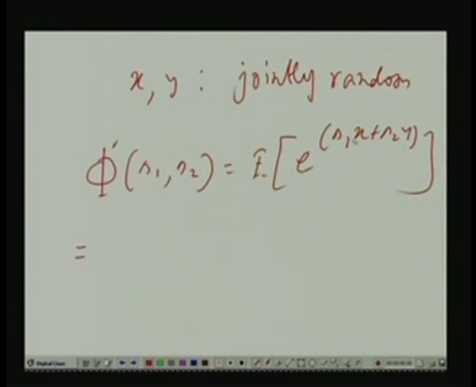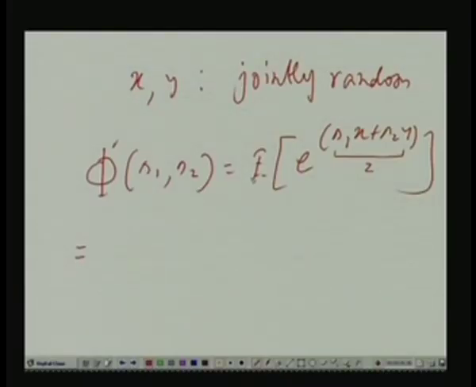This is an exponential. So, S1x plus S2y, you can even call it z. So, e to the power z, you expand e to the power z into a power series. We all know what that power series is. There will be a summation of terms, an infinite summation actually, and the expectation is a linear operator. You can apply expectation on each of the terms in the summation separately. If you do that, that is, first you have expected value